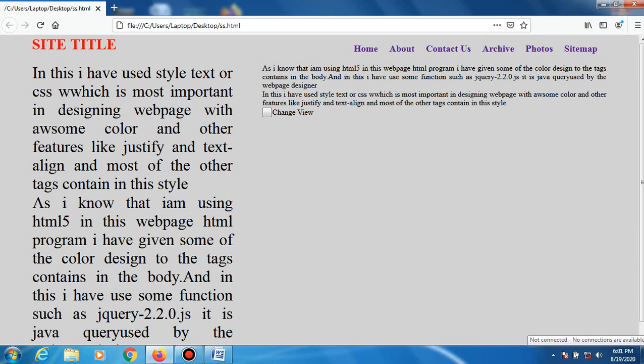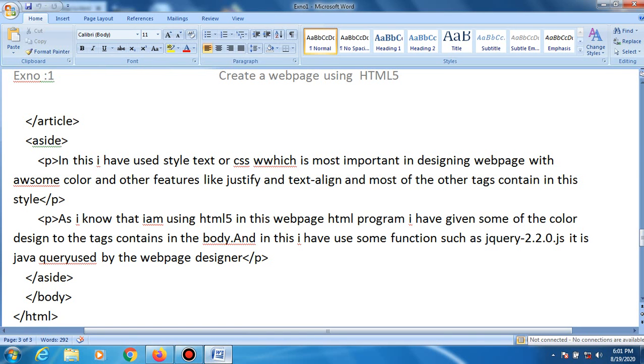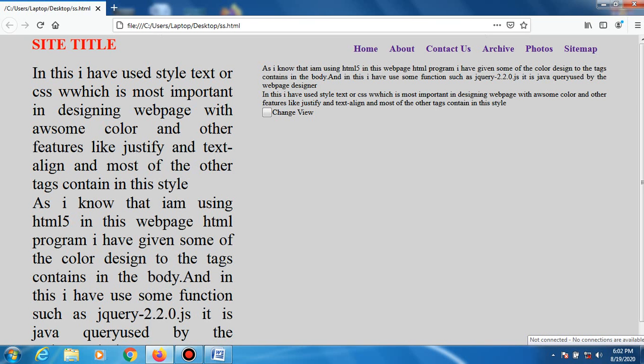I will send this PDF copy to you through the Google Classroom, and you have to write this program in your observation notebook, right? Then you type this program in the notepad, then File, then save this program with the extension, and open this program in the web browser, right?